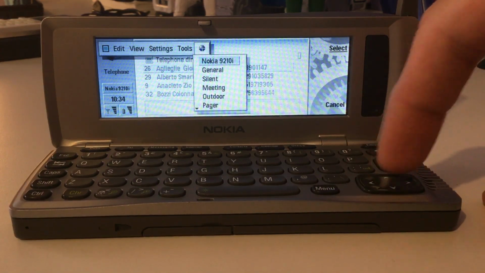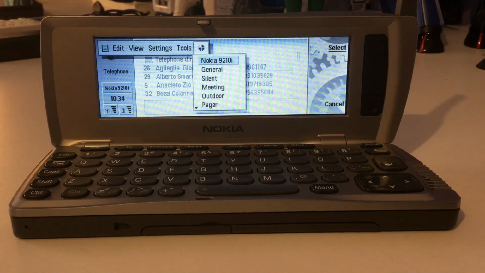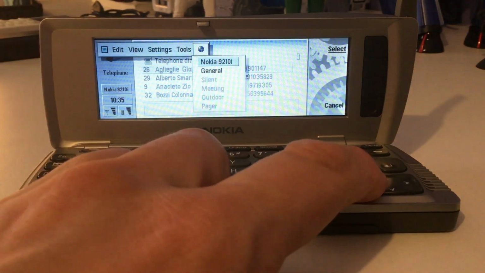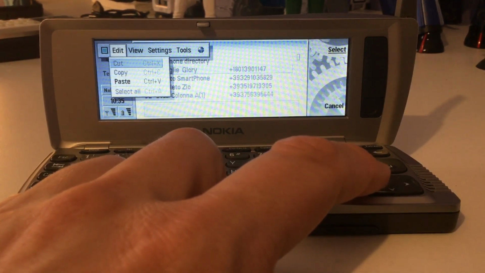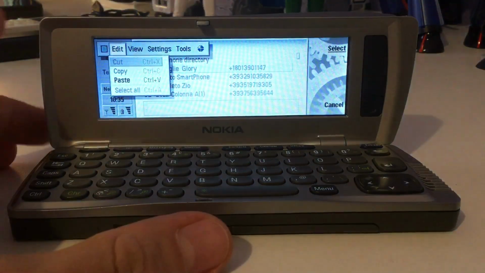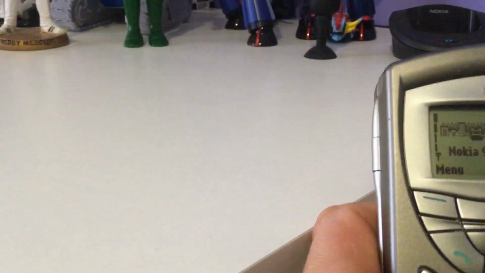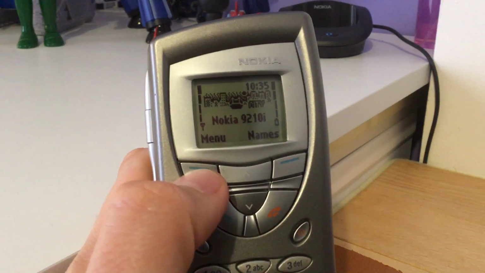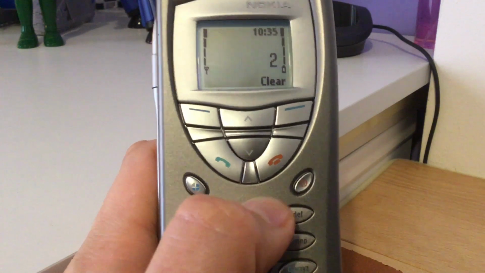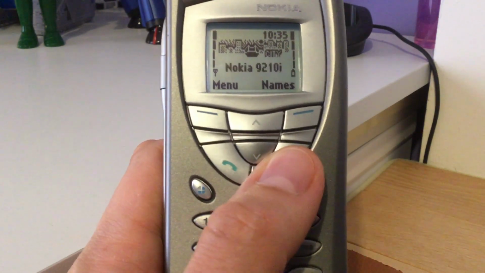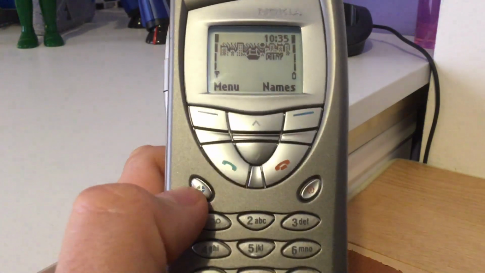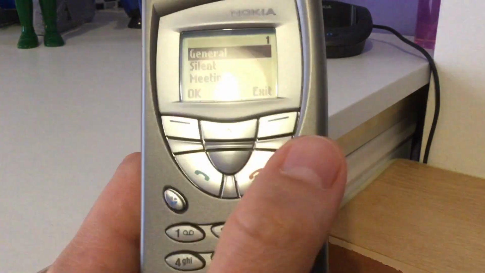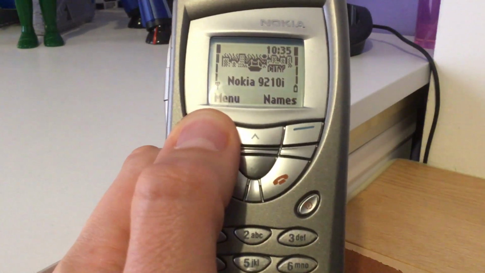What else? The last one: from any menu we can select the profile that you want. In this case, you can only select the profile. Here you can go on settings and modify that one. So let's also quickly go on the outside, just to make the video totally full and clear about what the phone is. When I press 2, I call my uncle, as we said before. So when I need to call someone, of course I can type the number that I want, or I can select the profile. There is a dedicated button here. And I can go on menu,